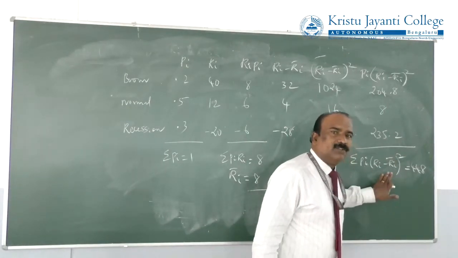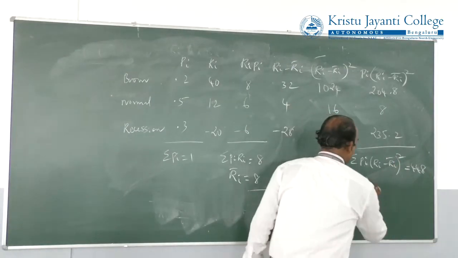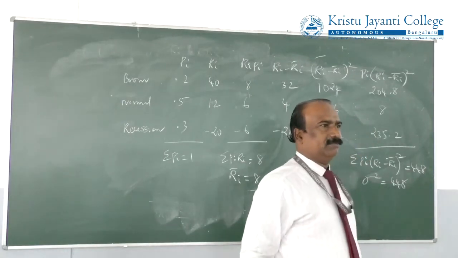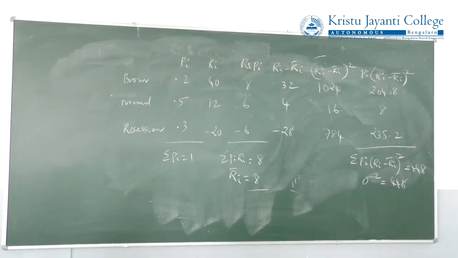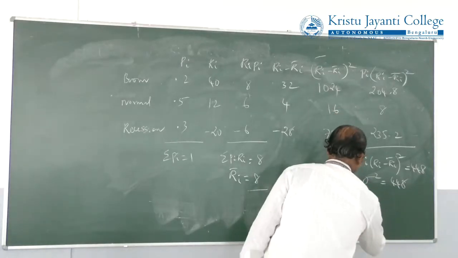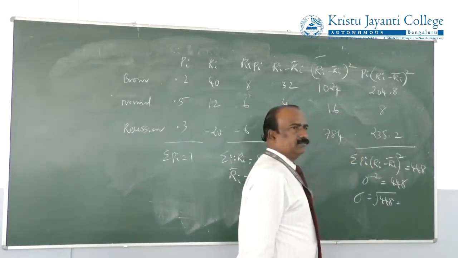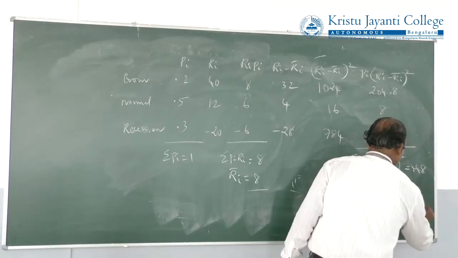This itself is called standard deviation square, which is 448. So what is standard deviation? Root of 448, which is 21 point